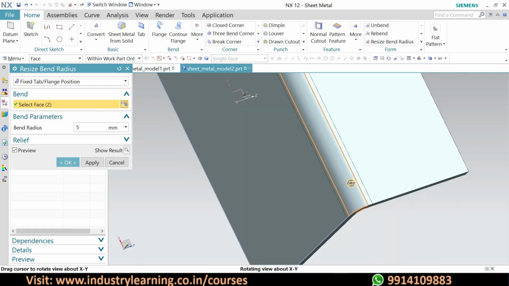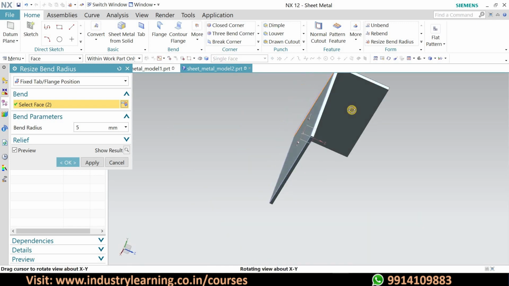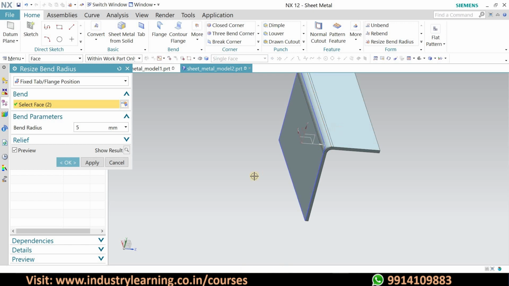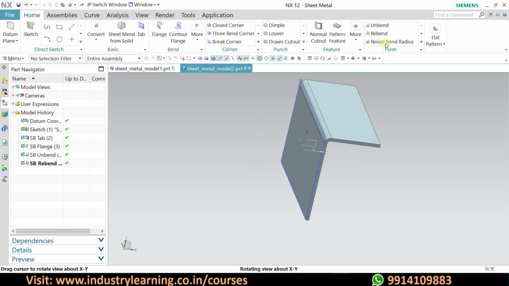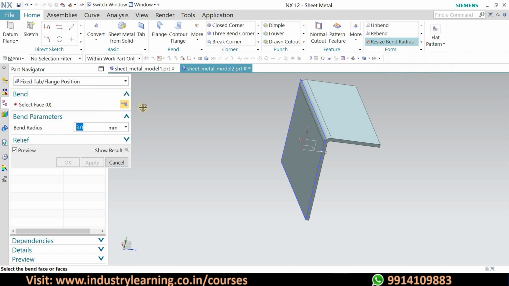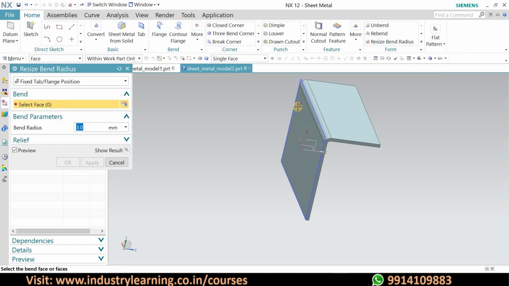Yeah, so you can see the radius has been changed. And the next one is resize bend radius. For that we simply have to select the face and change the radius. From 3 we can make it 6, and you can see this radius has been changed.